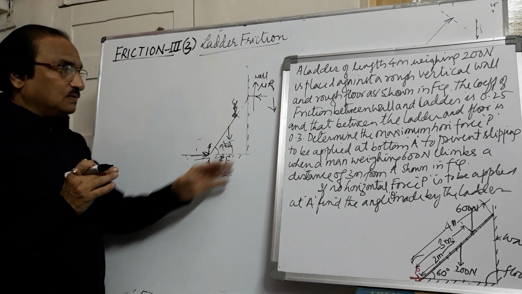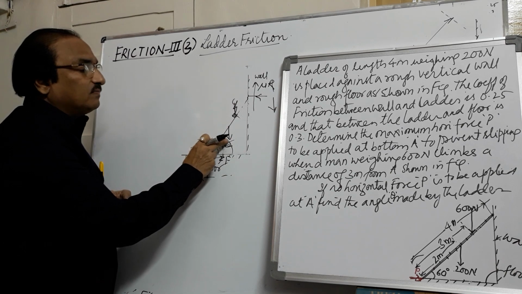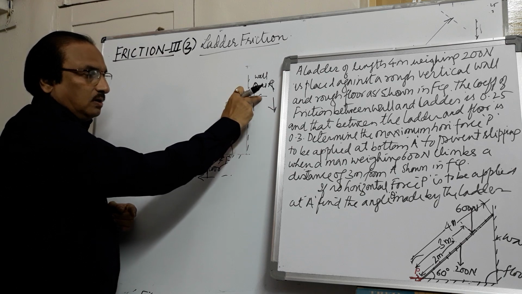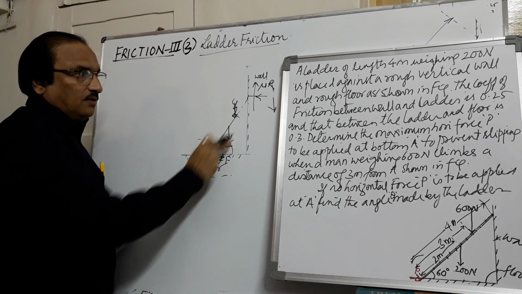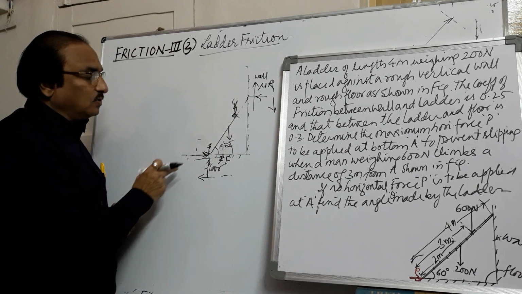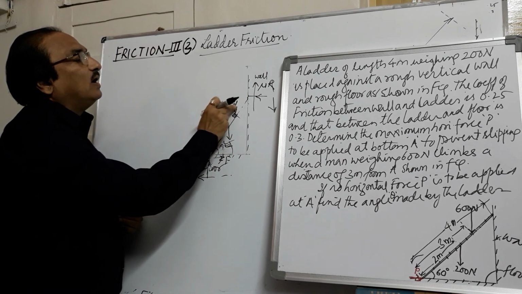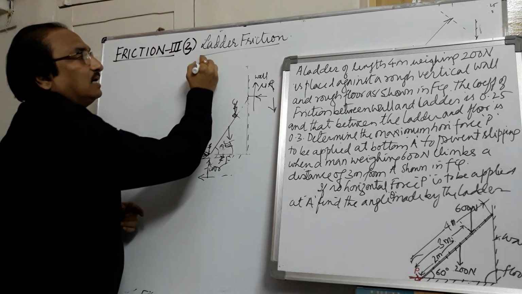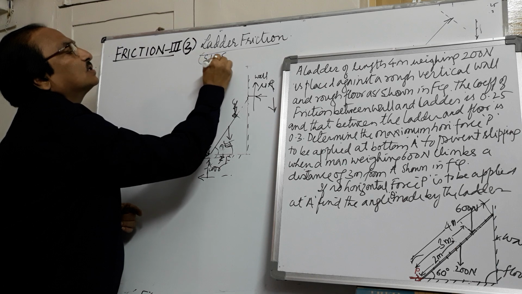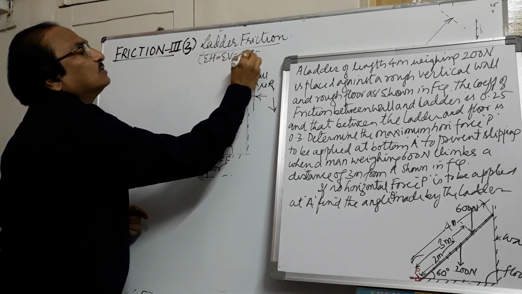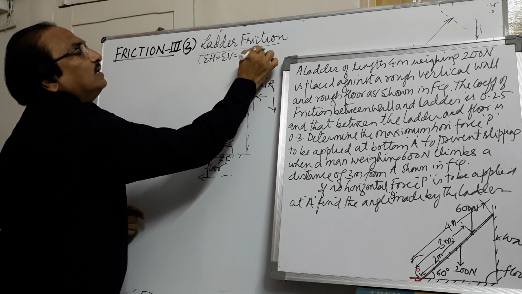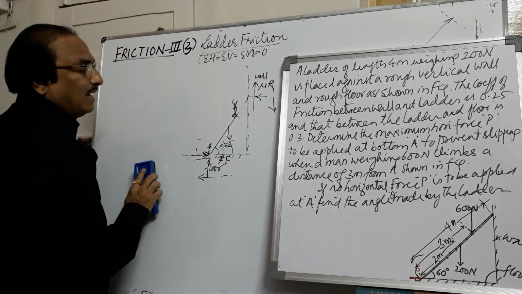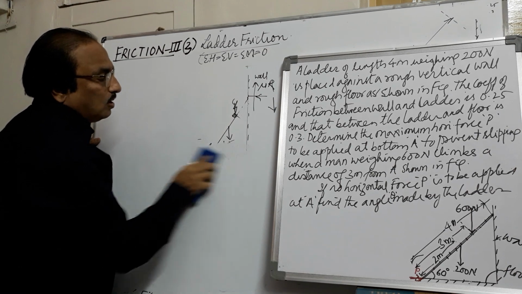Now these are the forces which keep the body in equilibrium. One is the weight of the ladder, second is the weight of the man, next is the reaction of the wall, the reaction of the floor, friction at the wall, and friction at the floor. So 1, 2, 3, 4, 5, 6, 7 forces act which keep the system in equilibrium. In the case of a ladder, we are going to use all three conditions of equilibrium. Till now we have used only sigma H and sigma V. Here we have to use sigma M also. So based on this background, we will take up a problem on the ladder.